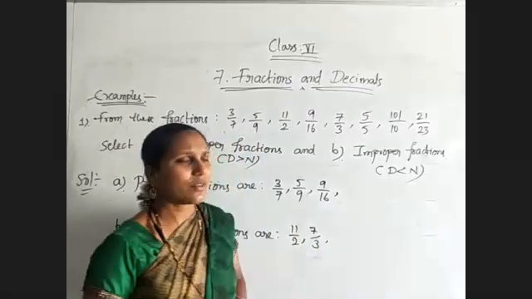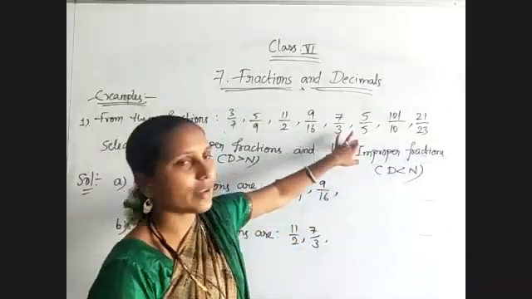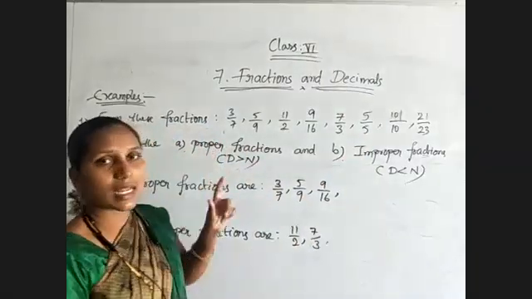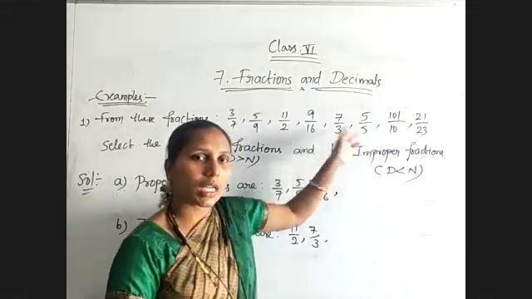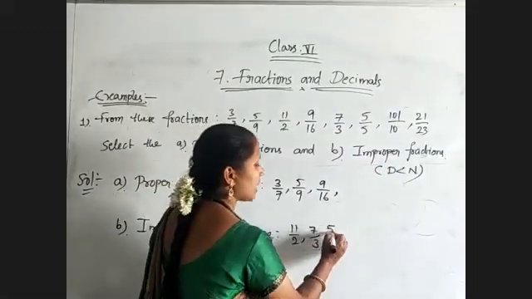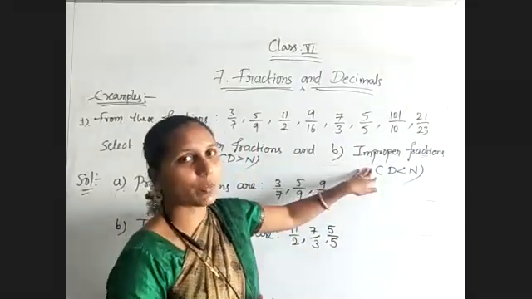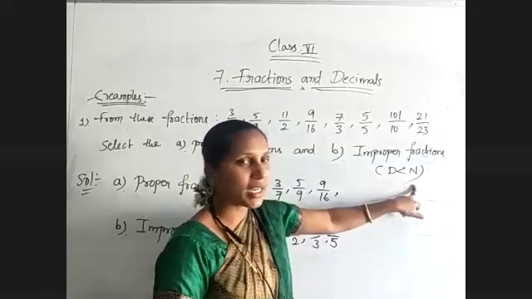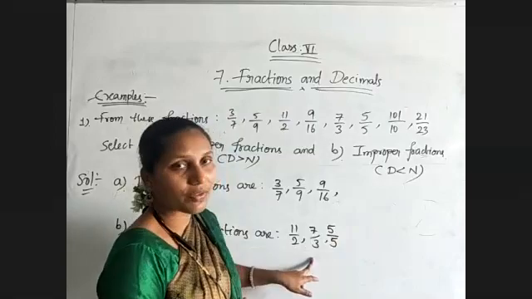And coming to 5 by 5. What about this? Here I gave greater than and lesser than, but here we have equal. So 5 by 5 is equal. Already I told you, proper fractions lie between 0 and 1, not equal to 1. If it is equal to 1, then that also comes under improper fraction only. So 5 by 5 is an improper fraction. So even equality also comes under improper fractions, not only more than or lesser than. Denominator lesser than the numerator, or denominator equal to numerator, then they come under improper fractions.